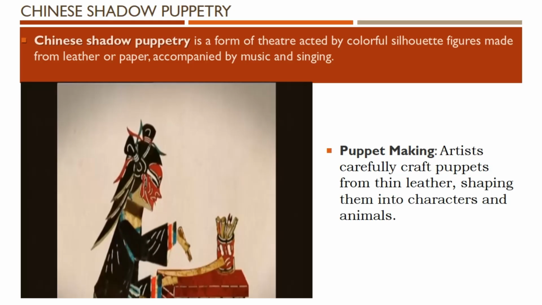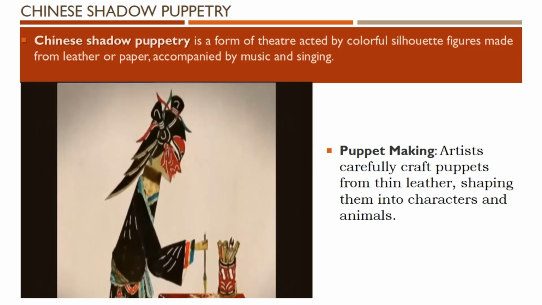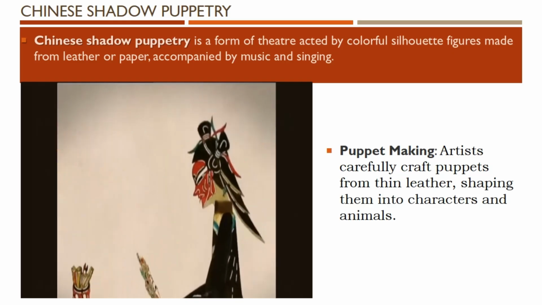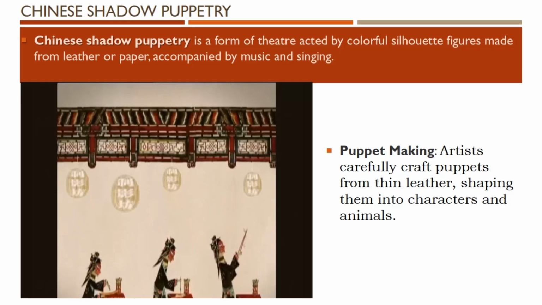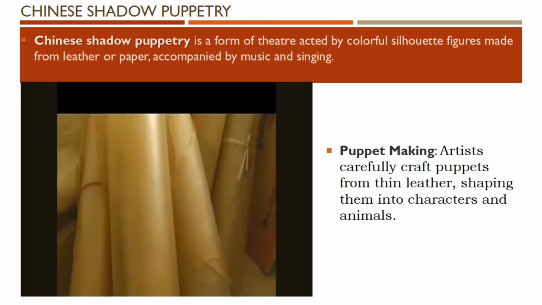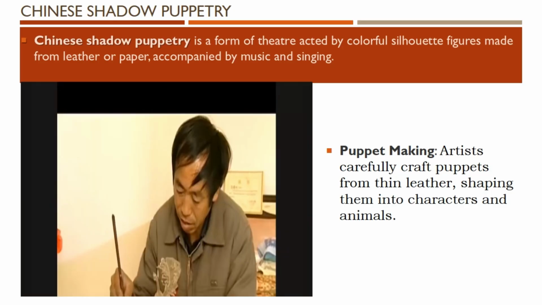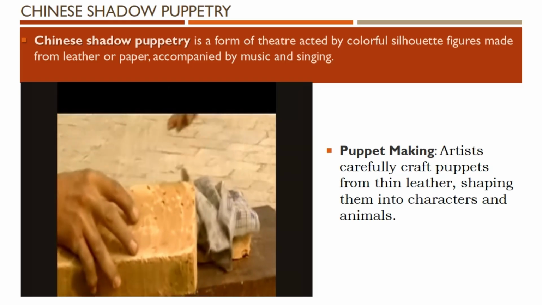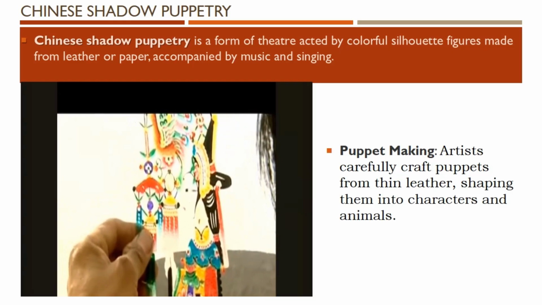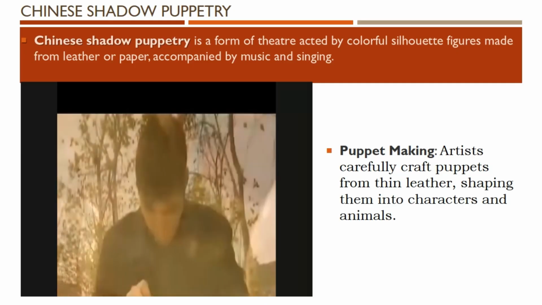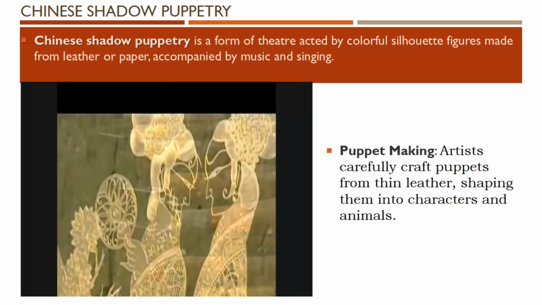The images are always made of patterned donkey leather sewn with thread. The bodily movements and facial expressions of the puppets are created by bamboo sticks. Chinese shadow puppets are generally made of donkey, cow or sheep leather. More than 10 processes are needed, each of which requires meticulous techniques and specialized tools. The tools employed by carvers are homemade, and their techniques are handed down by the masters from generation to generation.